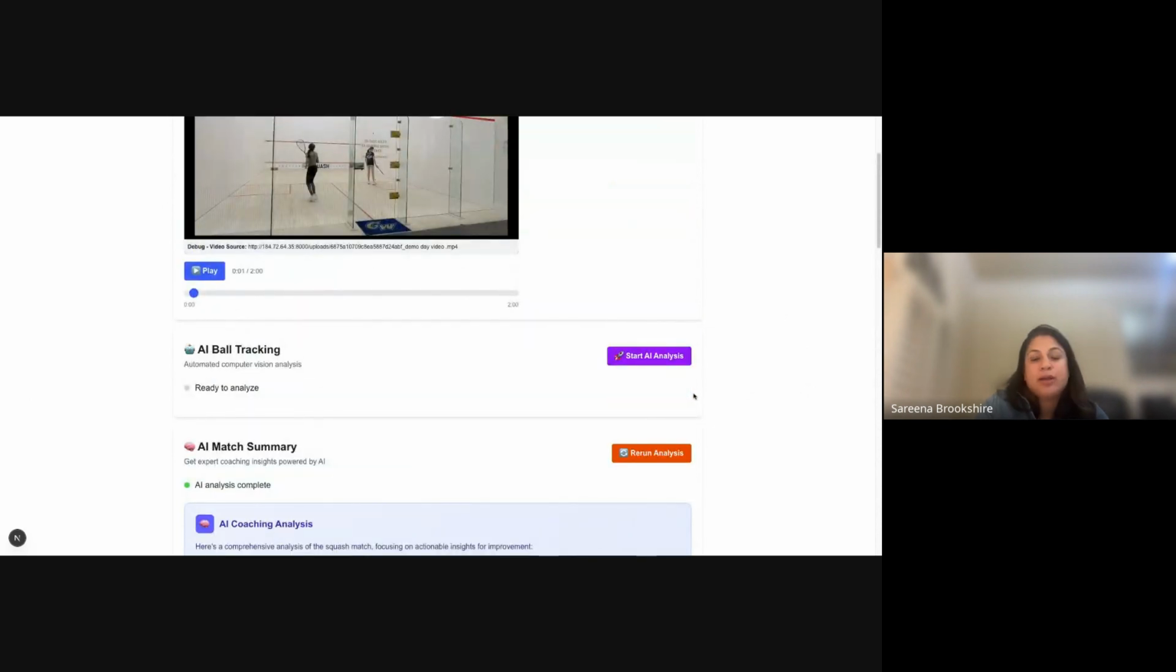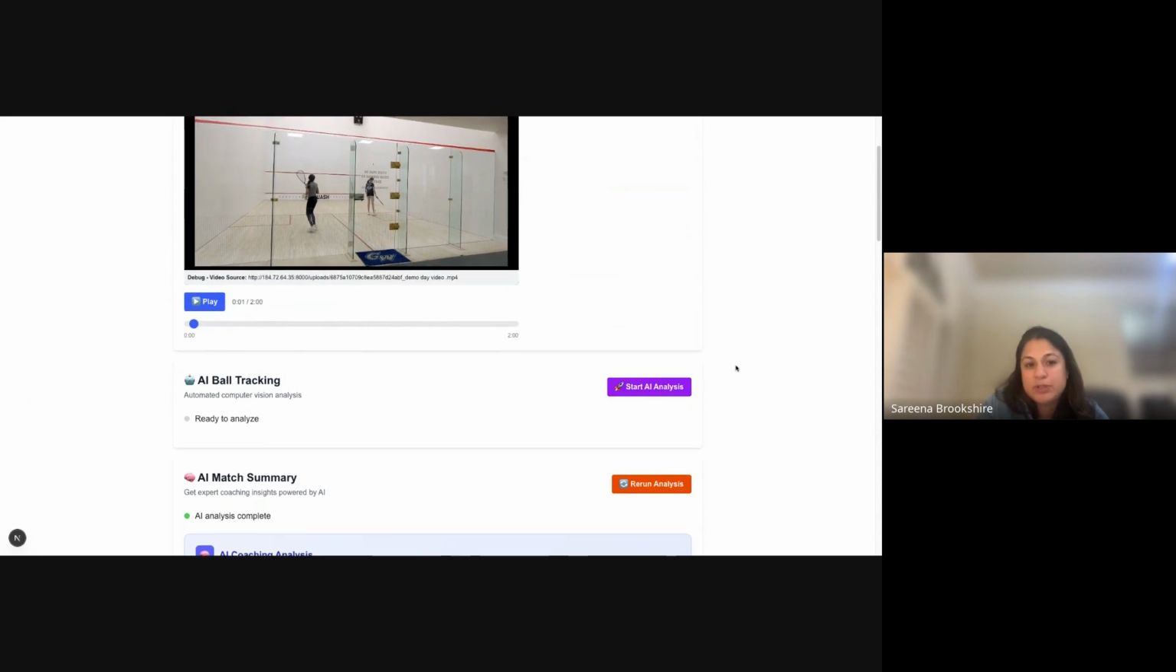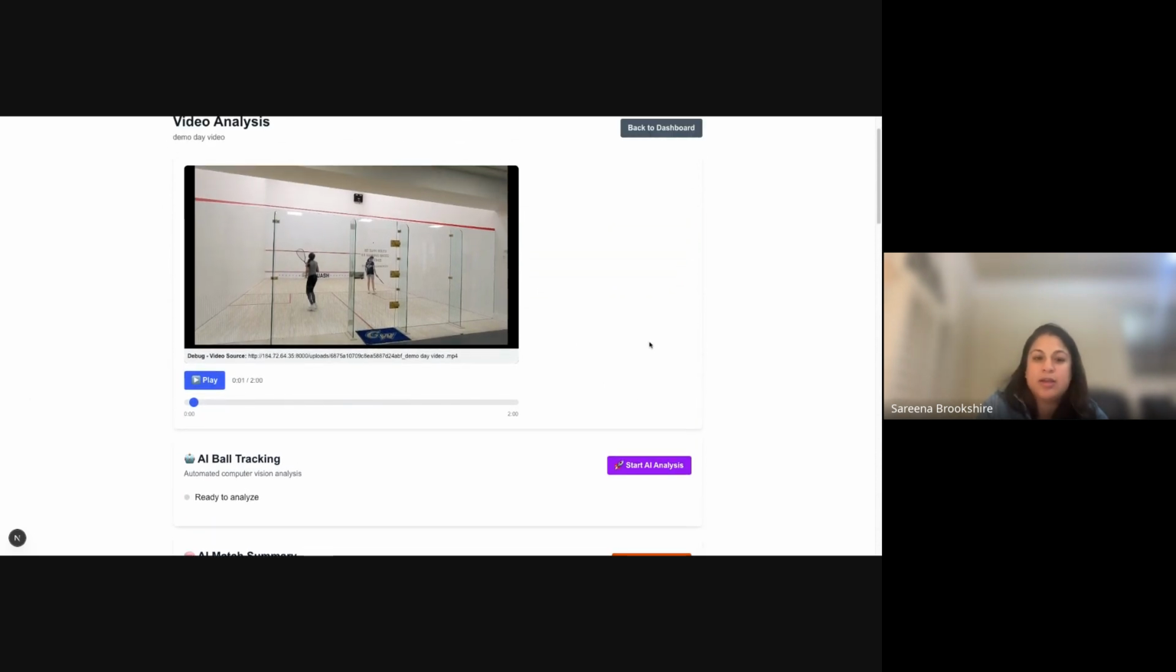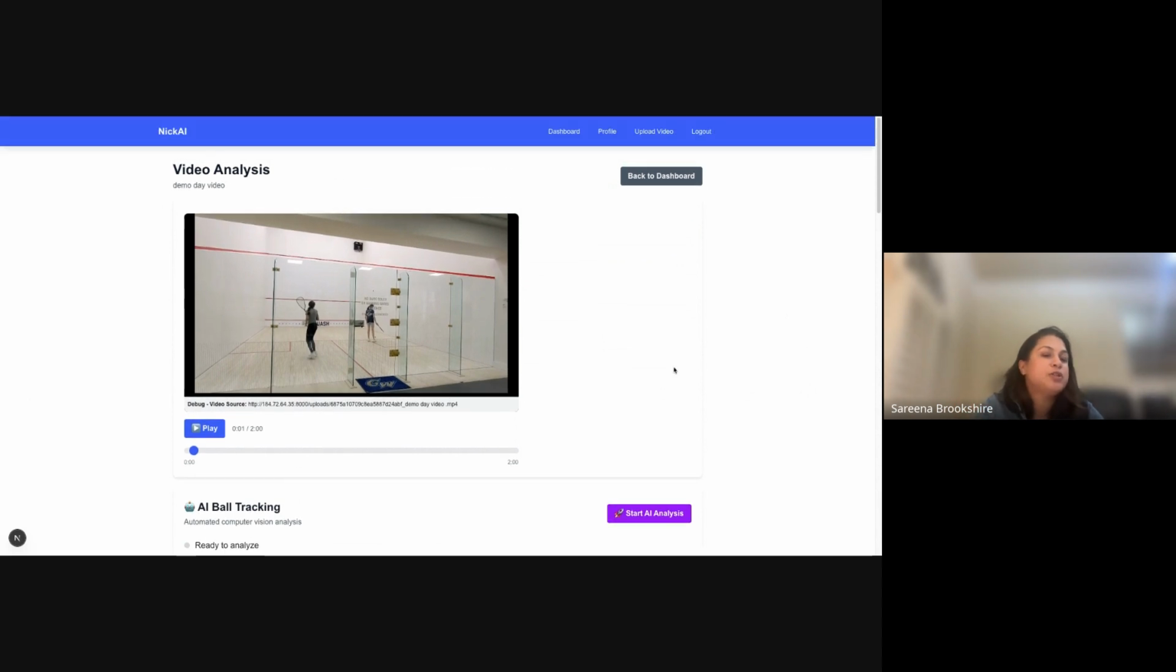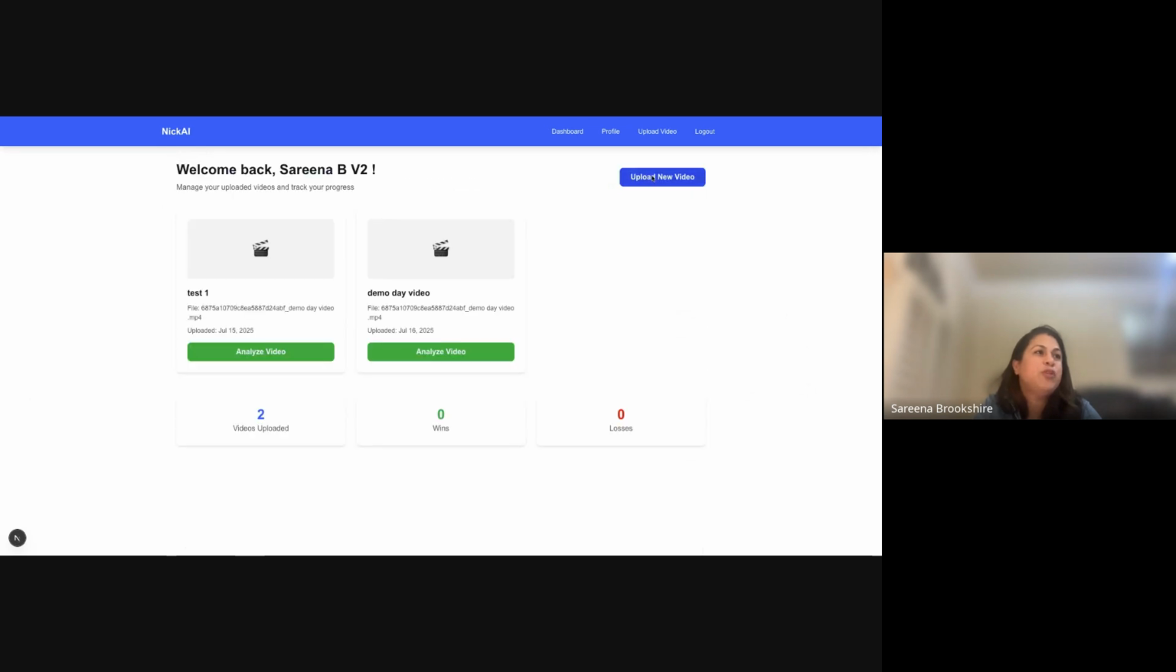So more to come in terms of the future capabilities we build out here. Again, we're going to look at zone tracking. We're going to do some integration with the tournament schedule so you can monitor your progress for those professional players. One other thing I want to show you real quick, though, if you go back to the dashboard,